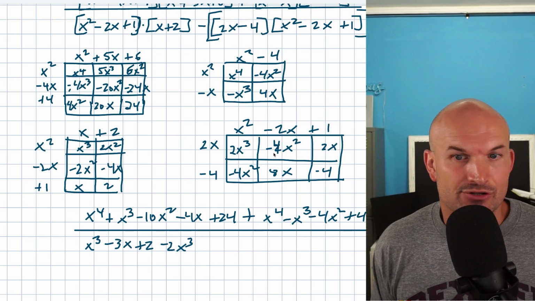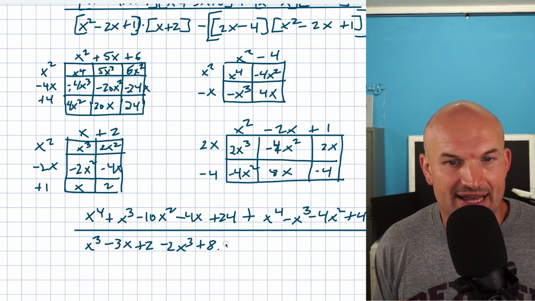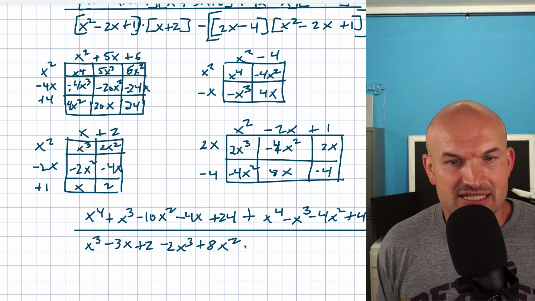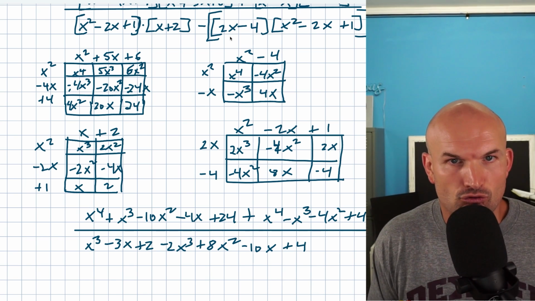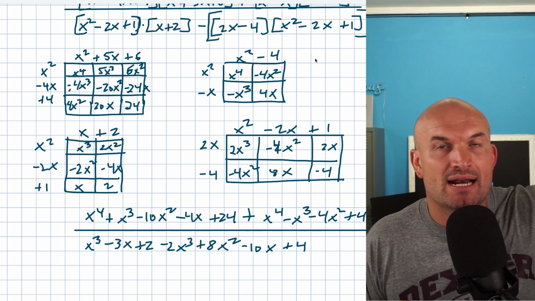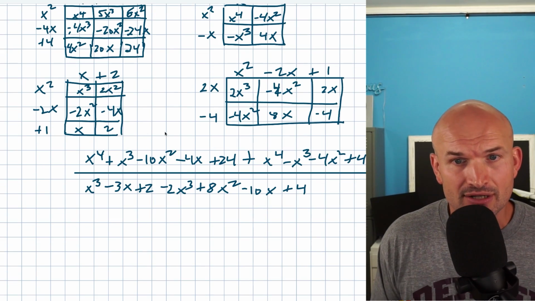Here, those are going to add to a negative 8x squared, but I'm going to negate it. So that's going to be a positive 8x squared. This is going to give me a 10x. So negating it is going to be a negative 10x. And instead of a negative 4, that's going to be a positive 4. It's like me taking this answer, writing it inside the bracket, and then multiplying it by a negative every time. I'm just trying to save some work because I want to write my final answer,